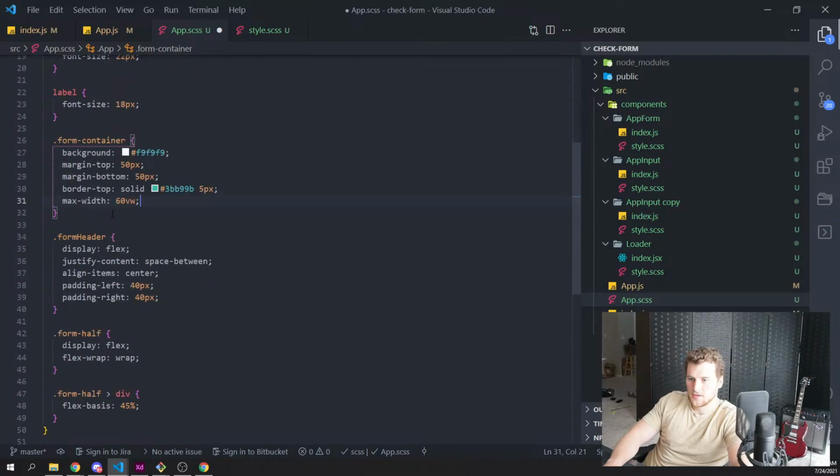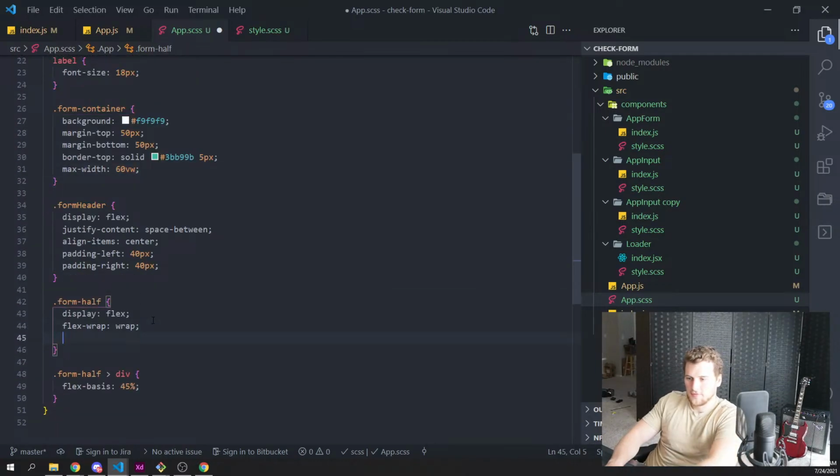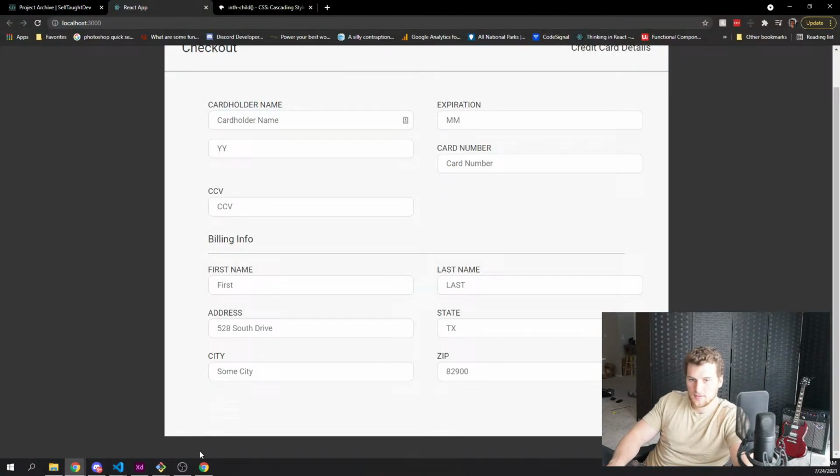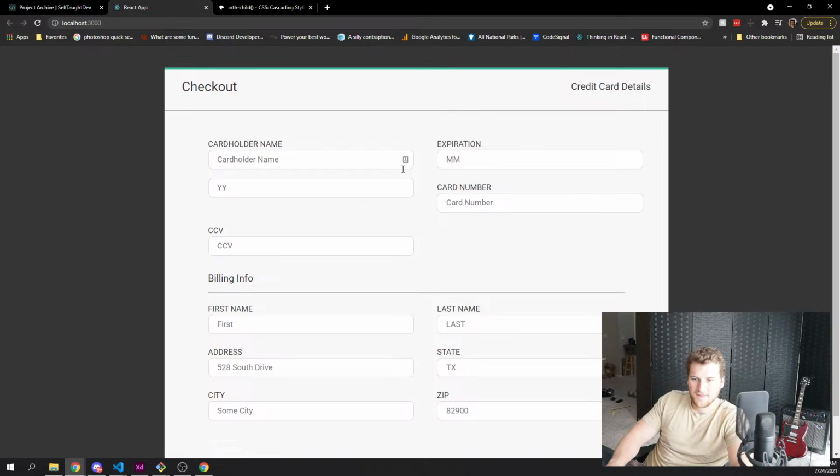Form container. Form half. Justify content space between. Duh, why didn't I think of that? Thank you. Alright, cool. And then we just need to adjust those top 2. So